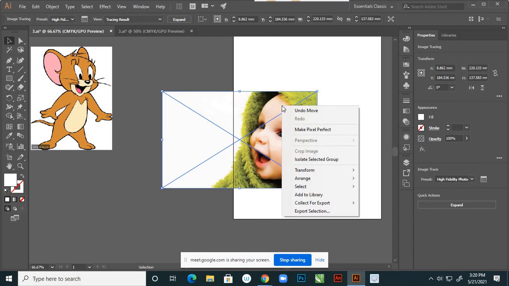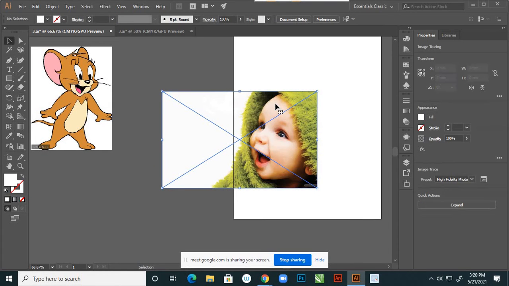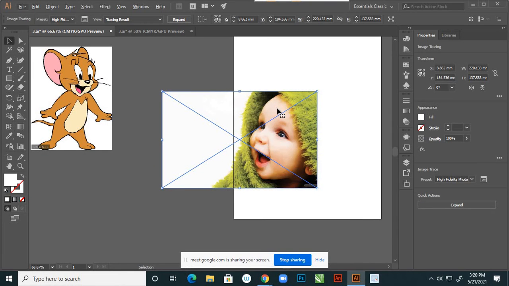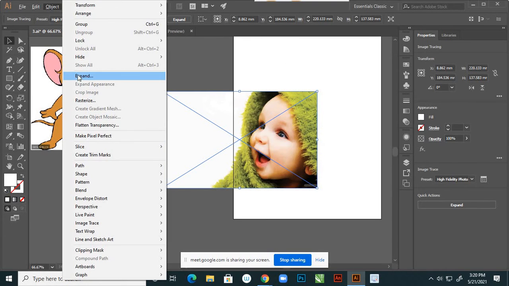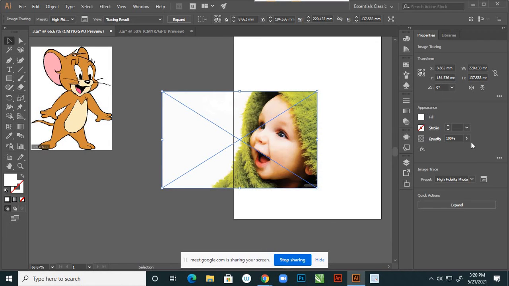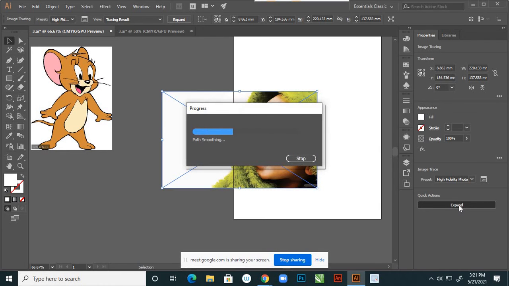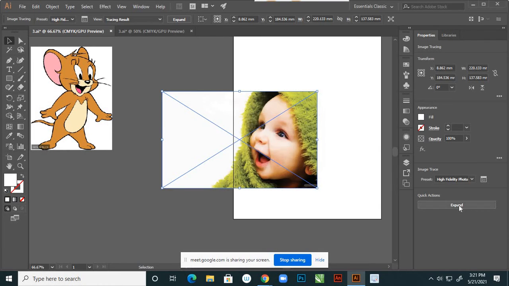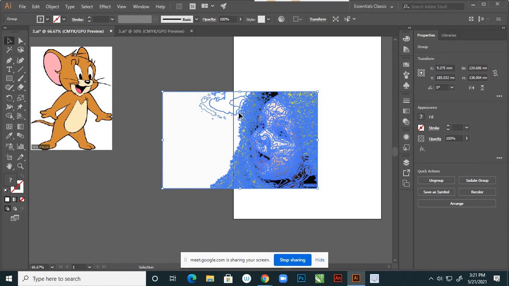see, right click on that. So before giving that right click, you must have to expand this. So expand button is there from object. Here it is there, expand, or otherwise see in properties, the side it is showing. So convert tracing objects to paths. It is telling expand, right? Yes, see, expand means what? It is convert into the small paths, right? Individual paths, but it is in group, right?